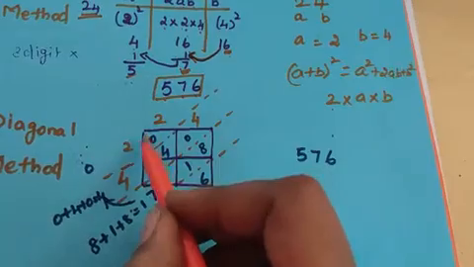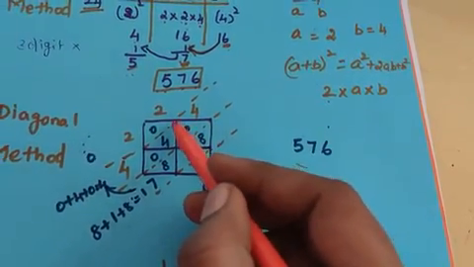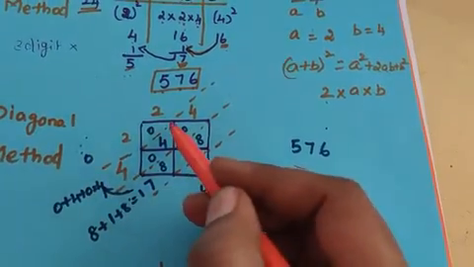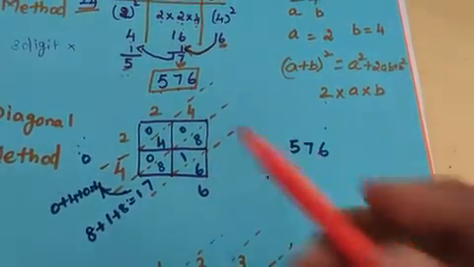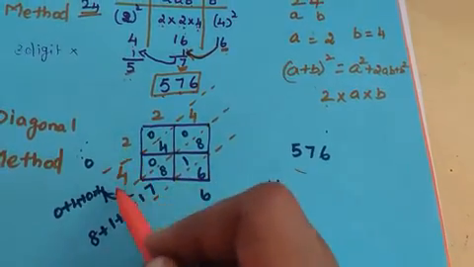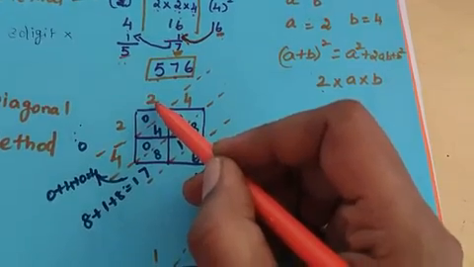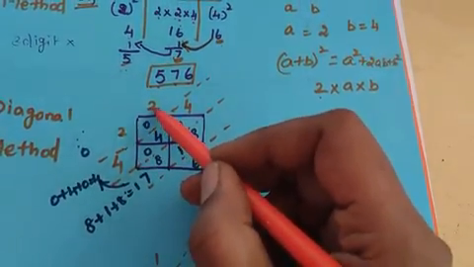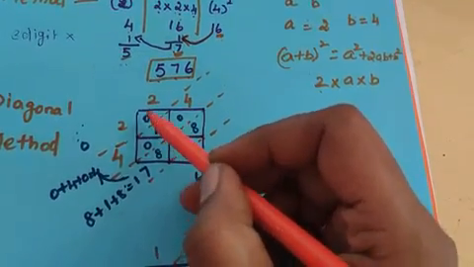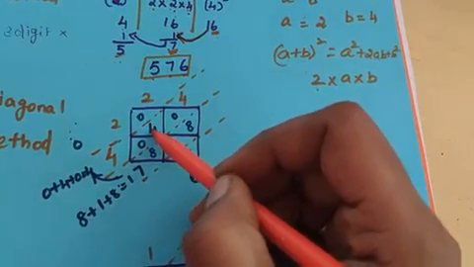Now the given number should be written in this one. First you have to make the square. It is a diagonal method. So first you have to divide the diagonal. Diagonal wise you will divide it. Now you write the number. Now what you have to do, these two numbers should be multiplied and written in this diagonal. Right? 2 multiplied by 2, it's 4, single digit. So the tens place is 0. So I wrote 0 and 4.